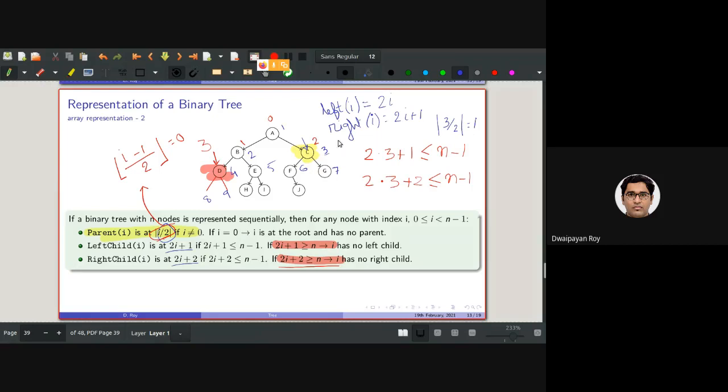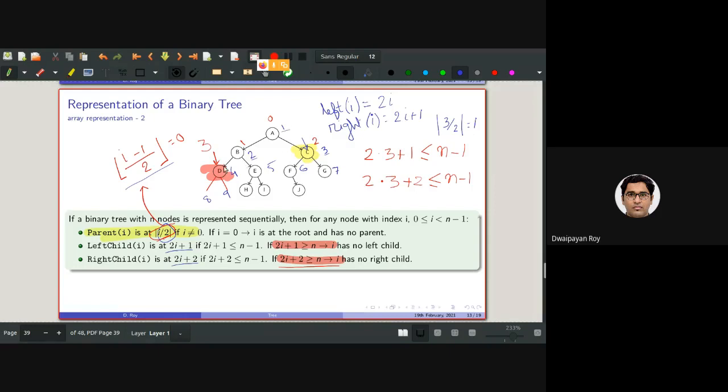We need to modify either this formula or we need to change the numbering. Changing the numbering is the theoretical aspect of these data structures, because theoretically it starts from 1.